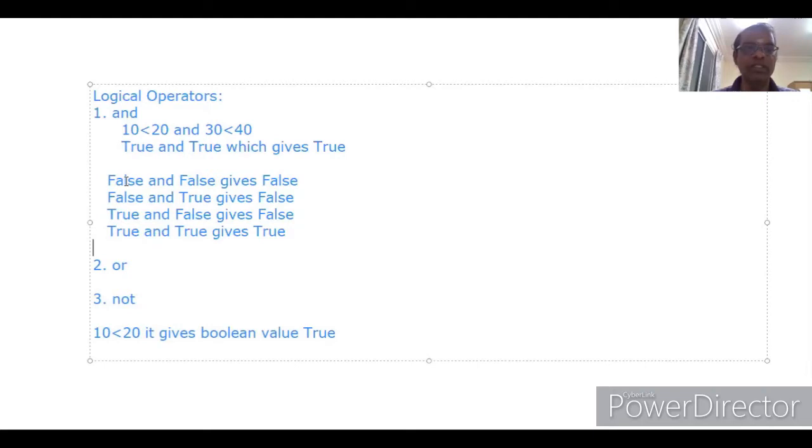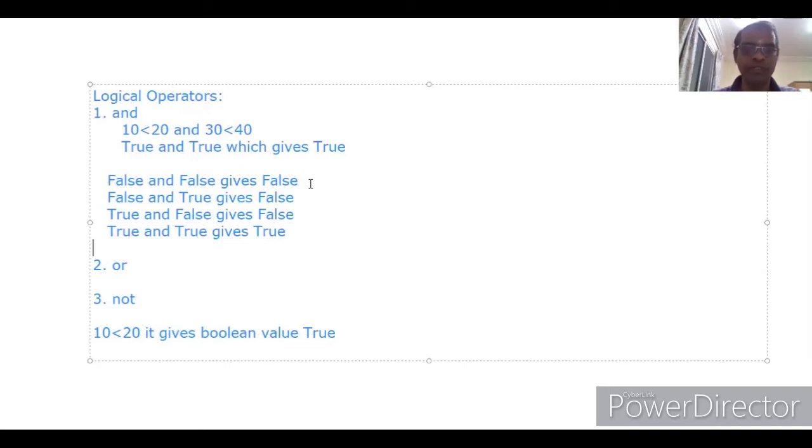That is, left hand side condition is false. And also he is not wearing black pant, so right hand side condition is also false. Not wearing white shirt and not wearing black pant, so both conditions are false. You will not give the amount to him. So false and false is false.